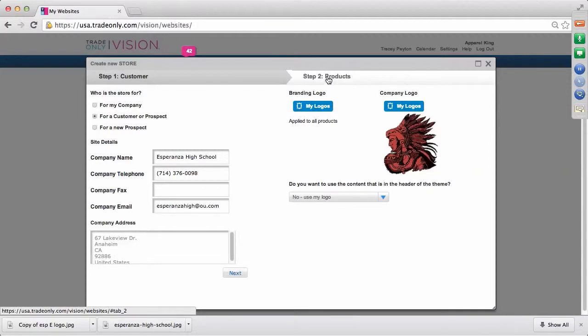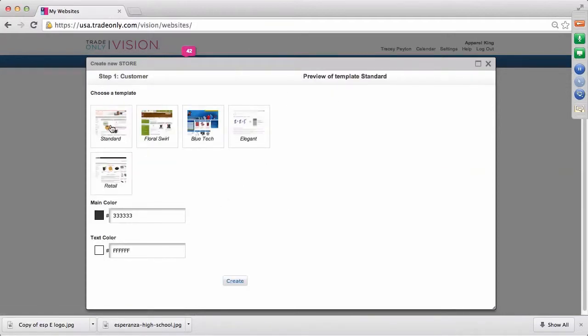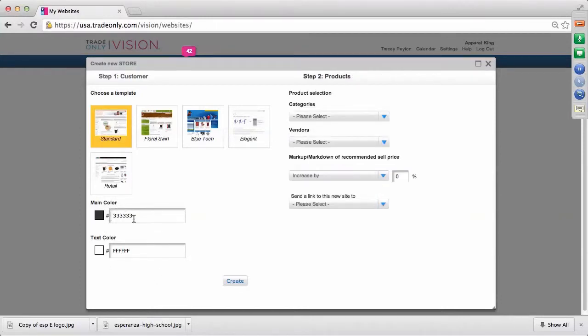And then if I go to step 2, this is where I can choose the template for that company store. I'm just going to use a standard template here. I'm going to leave the main color and the text color right now. We'll go in on the back end of the store and edit that. And then the categories, I'm going to just go ahead and